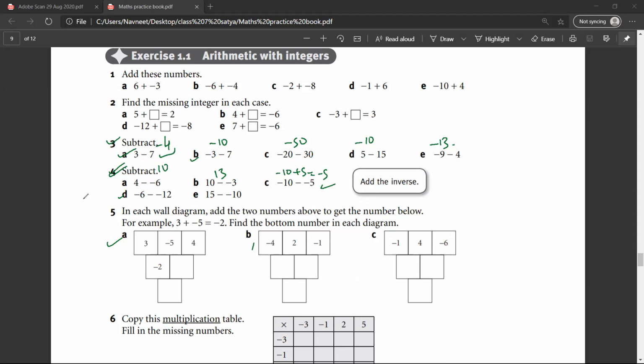Minus 6. But it will be -6. Minus and minus will be plus. Yeah, I said minus 6. So it will be 6. Is there any doubt? No. What should I write here? 25. Shabash. It will be 15 plus 10 is equal to 25. Perfect. Okay. Question number 5.